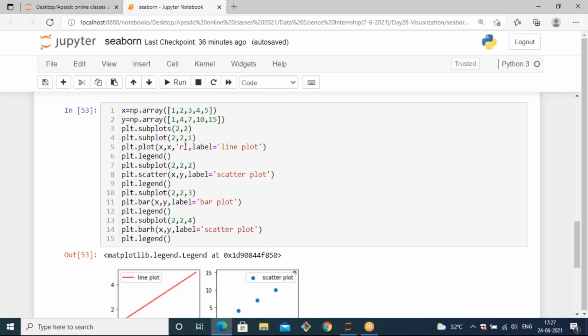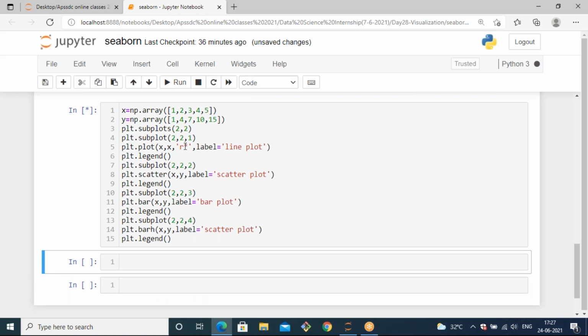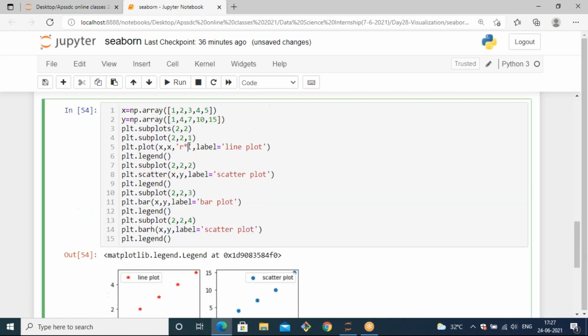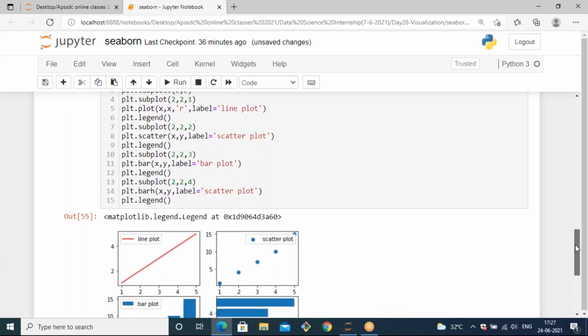Instead, if I mention the shape of the plot as star, it will generate a star kind of plot along the line. If you want to observe only the line plot, you can remove that star so that you can observe only the plot as a line.